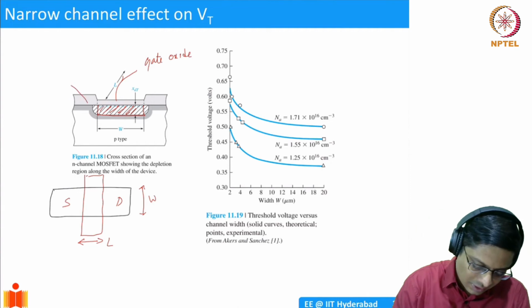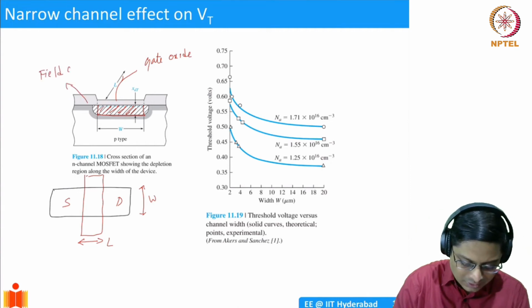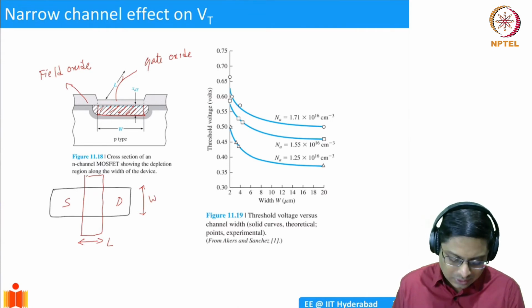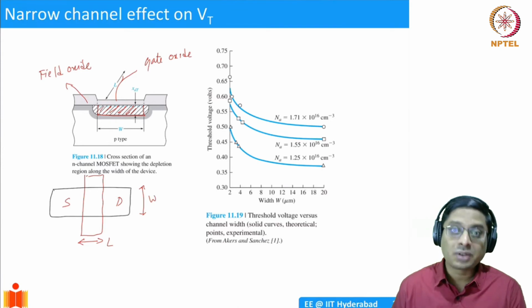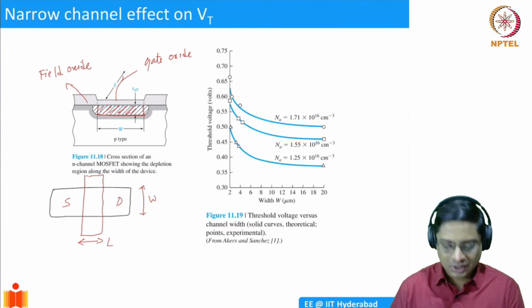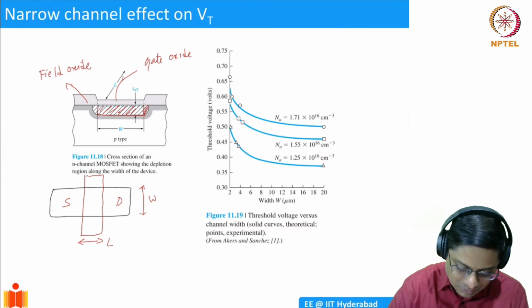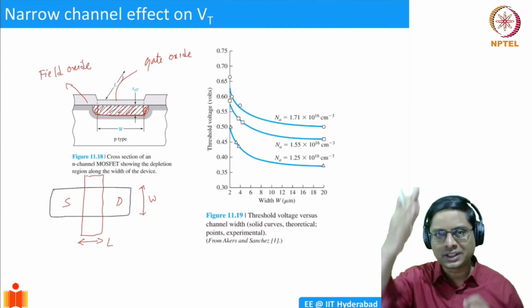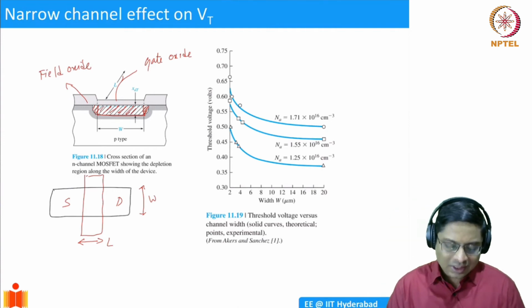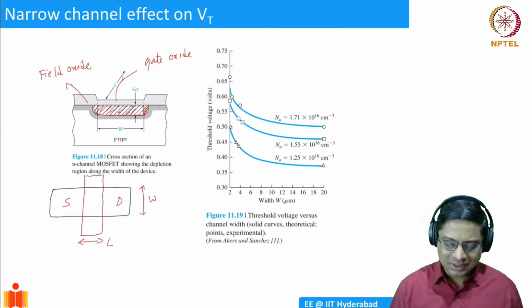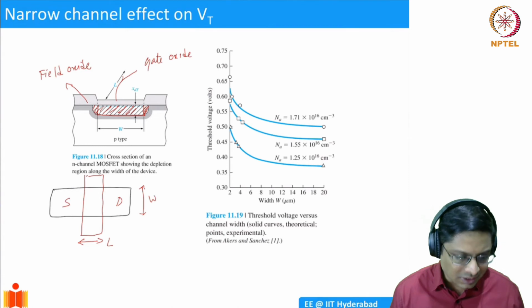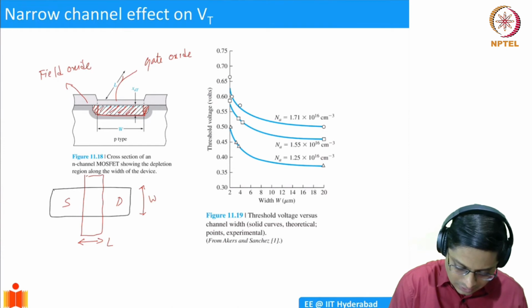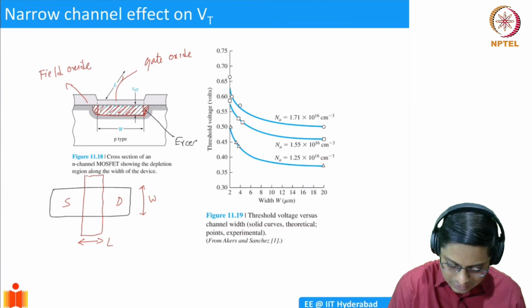So this region, which is supposed to be field oxide, is meant to isolate two different transistors so that they don't talk to each other, right? But when you apply gate voltage, some of the gate charge is going to be spent in balancing some depletion charge under the field oxide. There's going to be some spread under that, because you're never going to have perfectly vertical lines. Well, if the width of your device is large, then this doesn't really matter. So let me call this excess depletion charge.